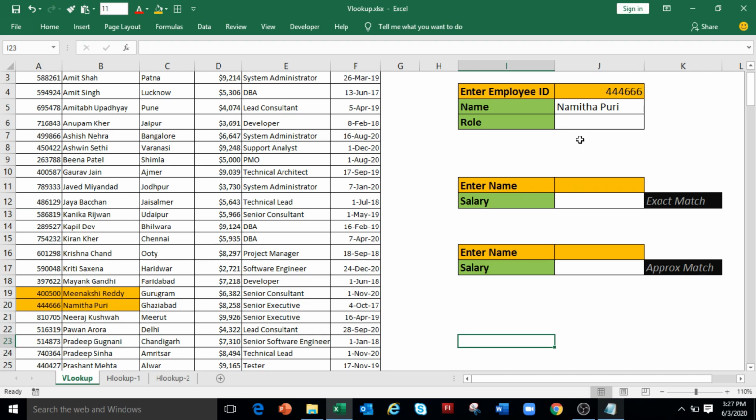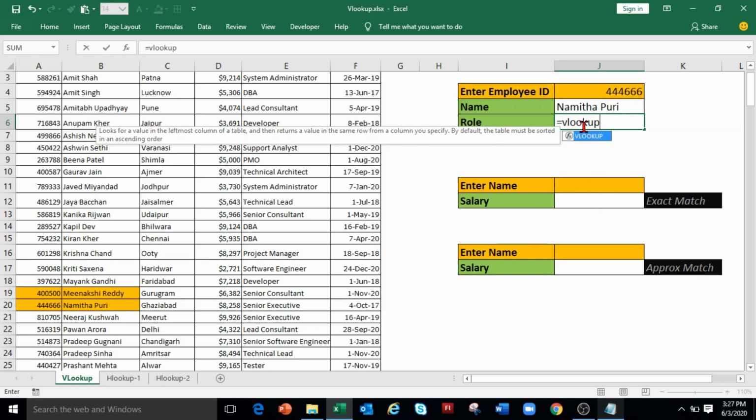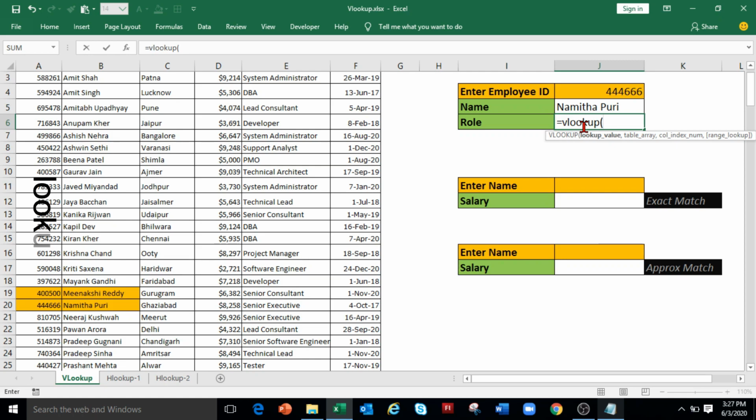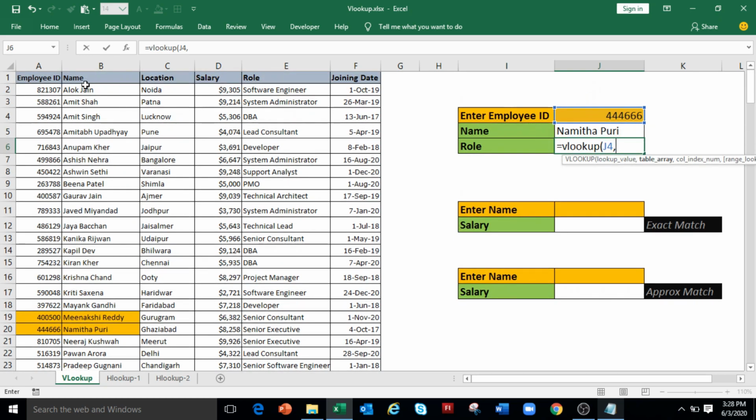Now similarly, to find the role of given ID in cell J6, type equals to VLOOKUP open bracket. Again, the lookup value is the employee ID. So select J4, comma, select the range starting from cell A1 in which our lookup value is available.